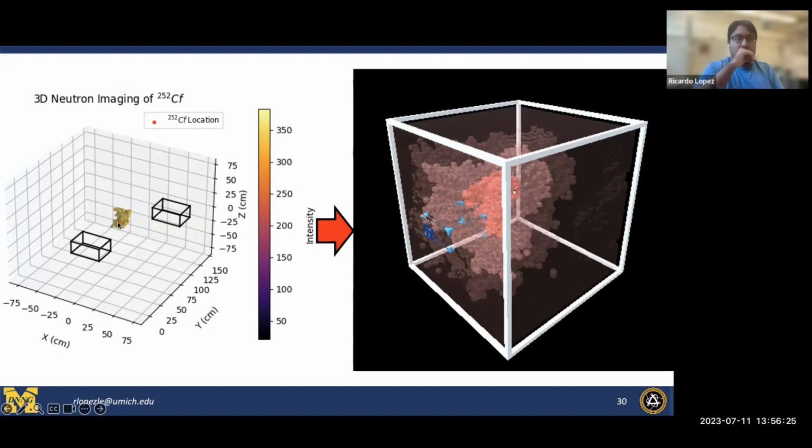By only plotting the voxels that are in the highest top percentile of intensity values, we see that in 3D space, we do have a distribution of voxels clustered close to the source, which would be indicative of it correctly finding the source and being within a couple centimeters of where the source is actually situated. So right now, that looks great,